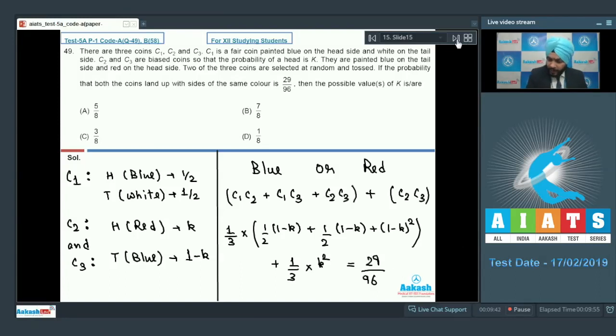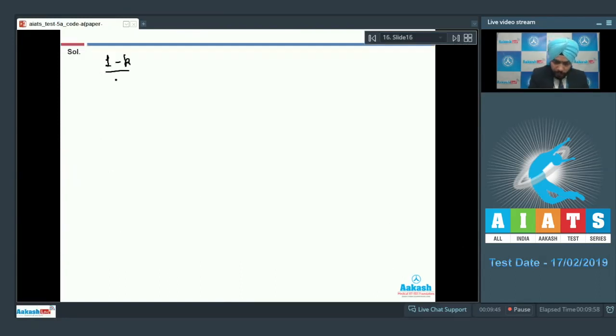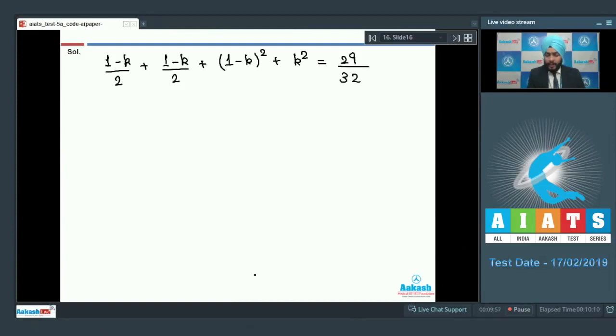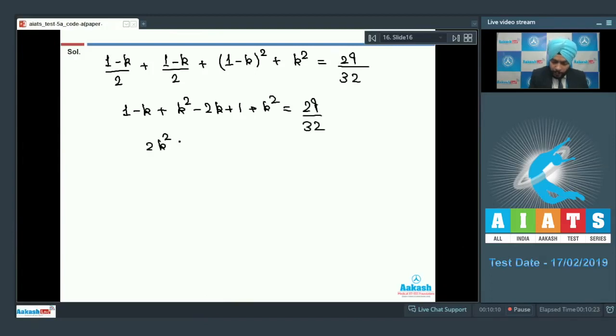So after simplification, we will get (1 minus k)/2 plus (1 minus k)/2 plus (1 minus k) whole square plus k square equals 29 upon 32. I have cancelled 1 by 3 from both sides. So we have 1 minus k plus k square minus 2k plus 1 plus k square equals 29 by 32, which will give you 2k square minus 3k plus 2